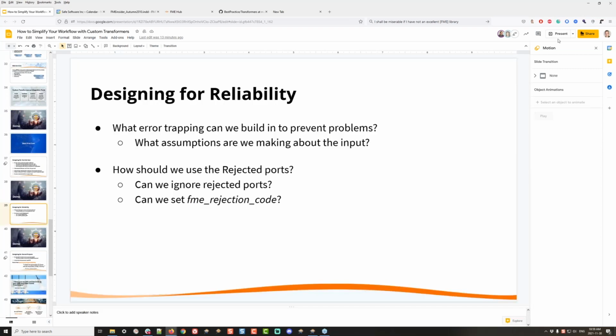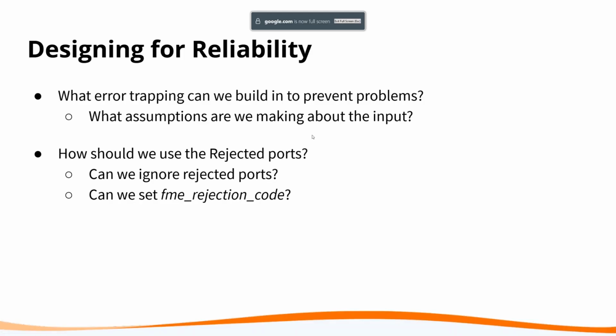Okay, so if you are able to stay with me, that's fantastic. I'm going to move on to designing for reliability. What error trapping should we build in to prevent problems? Like, can we stop things